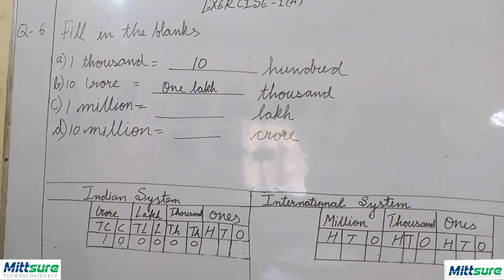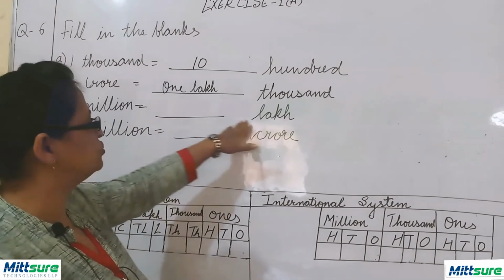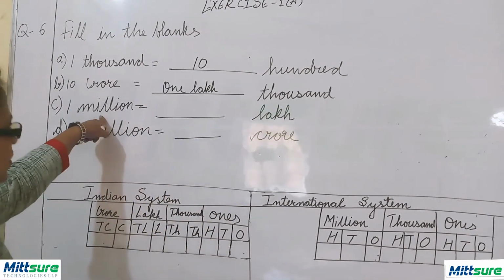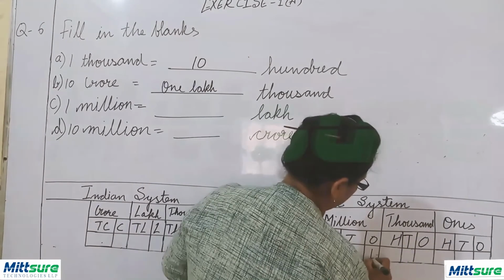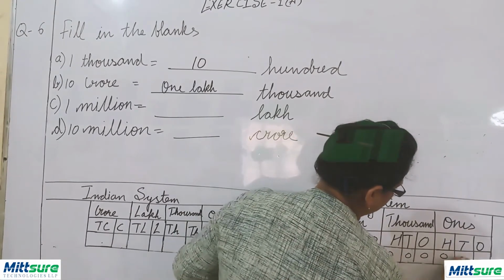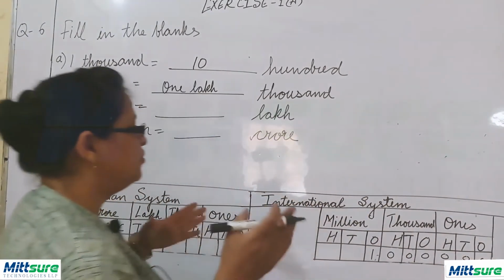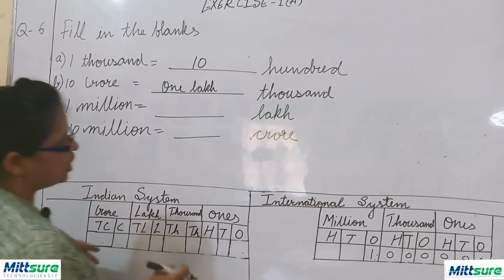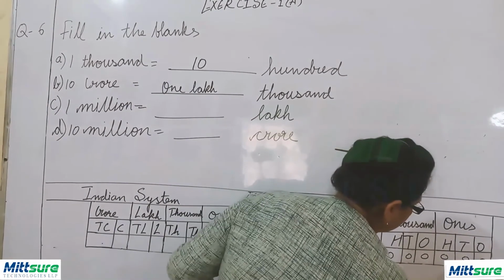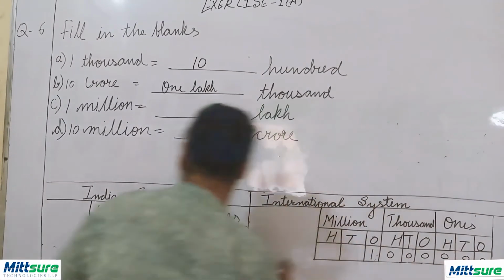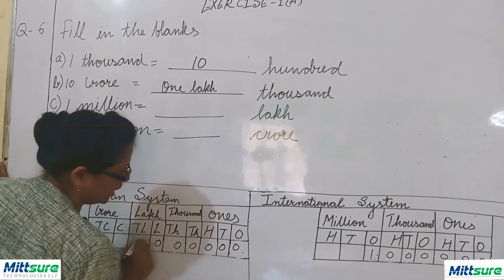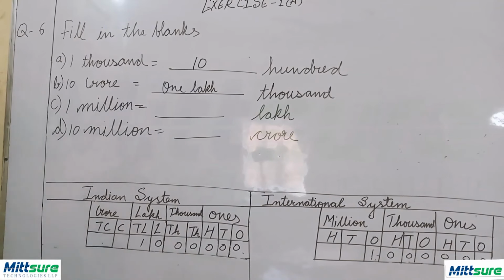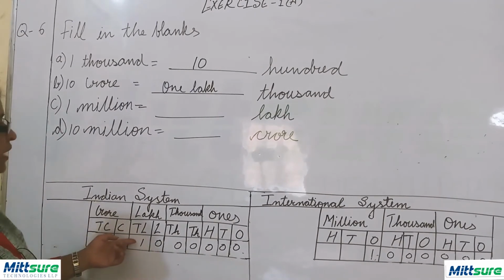1 crore equals to dash lakh thousand. 1 million equals to dash lakh. Here it is millions, so I have to put 1 million here. This is 1,000,000. Now if I put this number in the Indian system, how many lakh will it be? Now how many zeros are here? 1, 2, 3, 4, 5, 6 and 7 digits. Now this is 10 lakh.